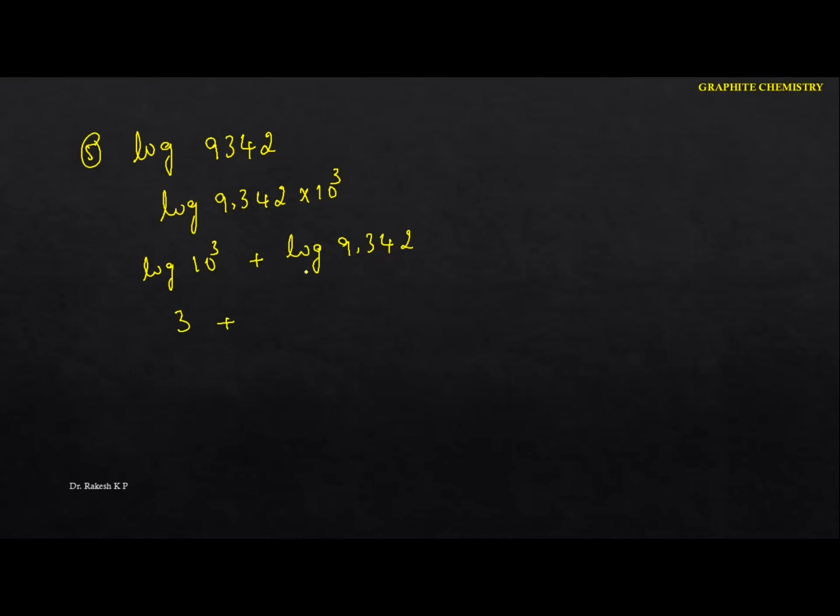The 3. We don't know the value of this one. This particular value lies between log 9 and log 10. Let me write this here. This is log 9, and here it is log 10. Here I'm taking the middle of these, that is log 9.5. What is the value of log 9? We have 0.95. The log 10 value is what? The 1.